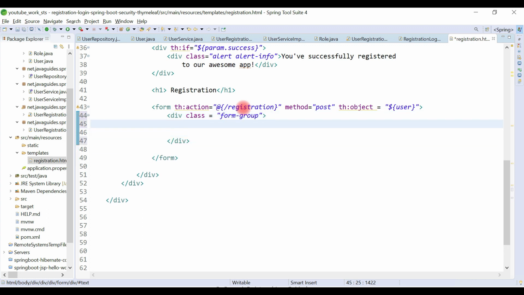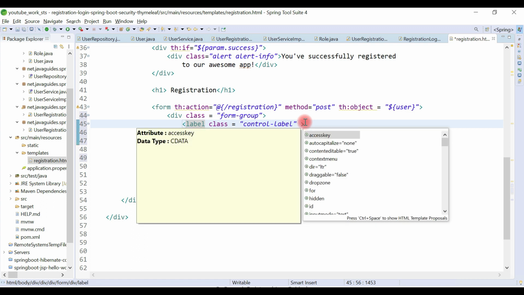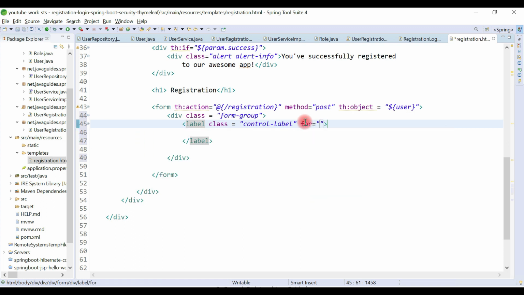Okay, and here we create a label, and to the label let's add the class control-label, and here we have the for attribute, and let's say firstName, and the label is first name, right? And outside the label, we just create an input field,